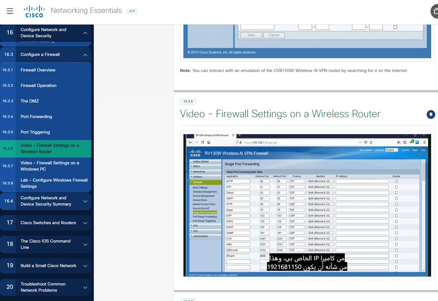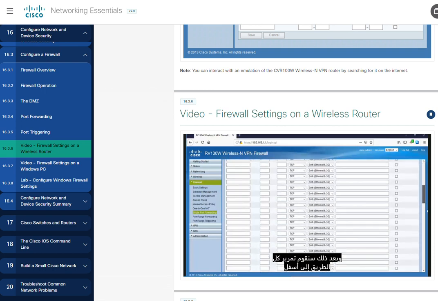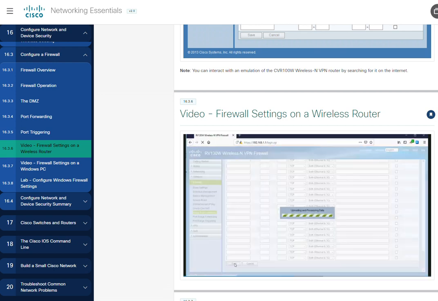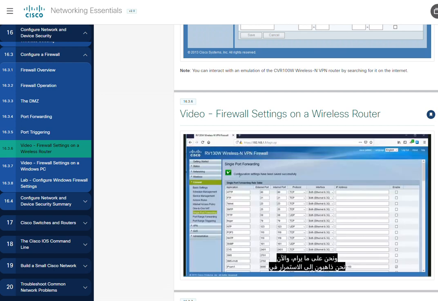This would be 192.168.1.150. I'll make sure I have this rule be activated by clicking the Enable checkbox, and then we'll scroll all the way down to the bottom, and we will click Save. We're good to go. Now we're going to continue on and take a look at some of our basic settings